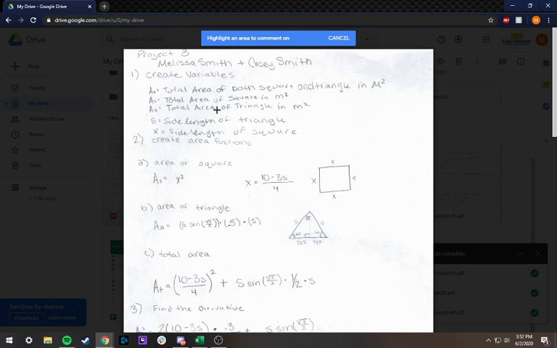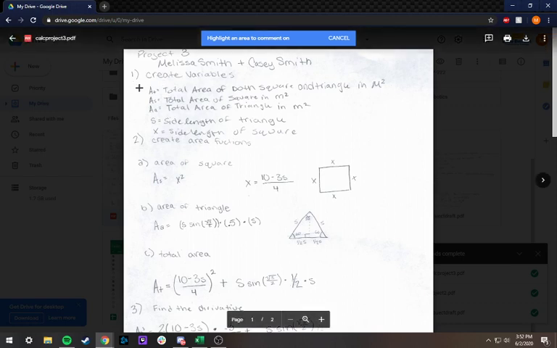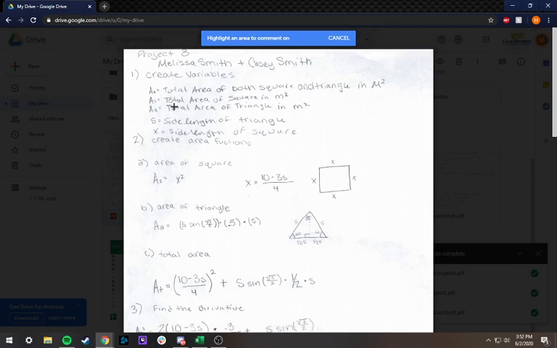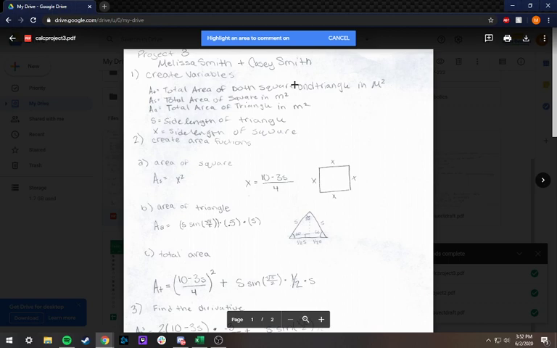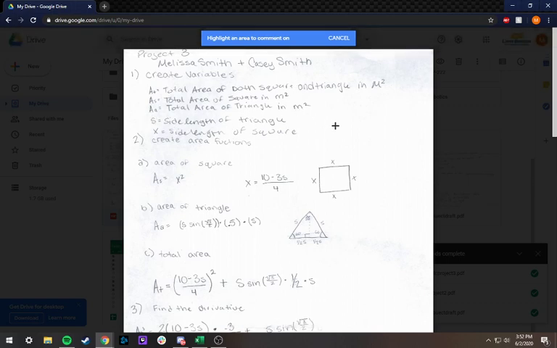So, first here we have our grading variables. AT is the total area of both the square and the triangle. AS is the area of the square, and A is the total area of the triangle. And they're all in meters squared because it's area. And then we have the side length of the triangle, which is S, and then the side length of the